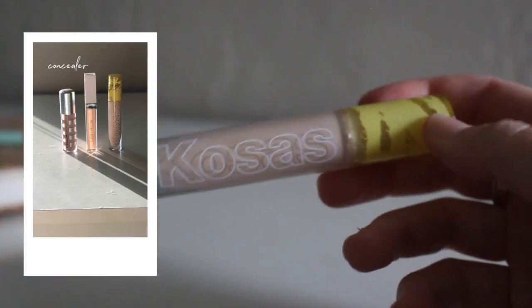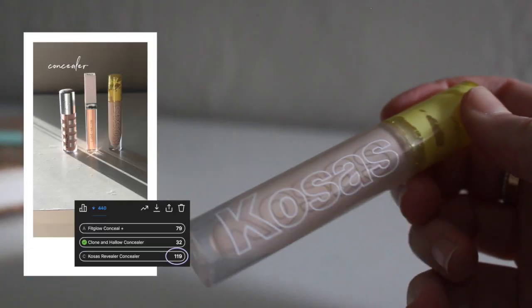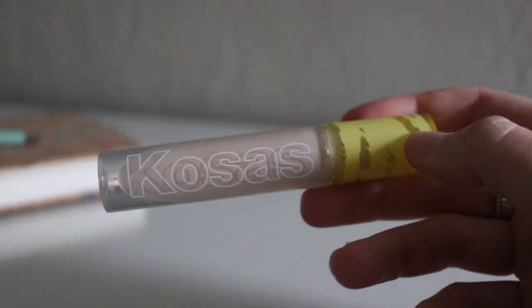For concealer, you guys picked the Kosas Revealer Concealer. Again, I used this last week in my video talking a little more about it, so if you want more of a review, go check it out there. But I have really been enjoying how lightweight this is. I'm gonna apply a little bit underneath my eye